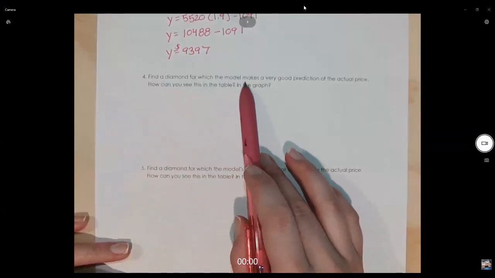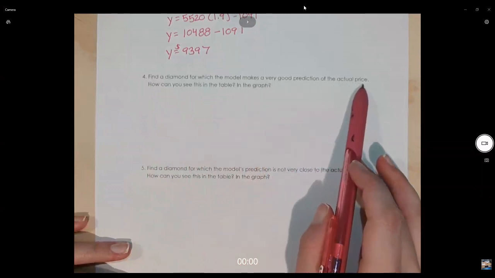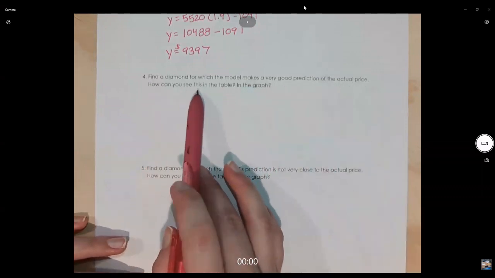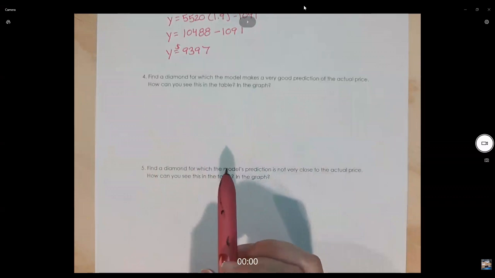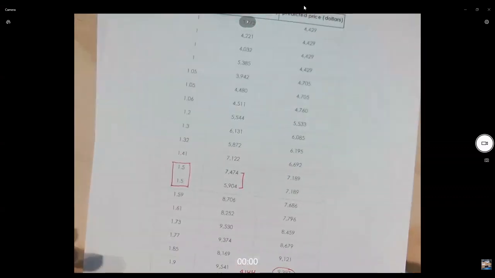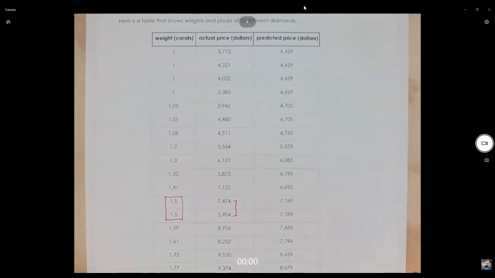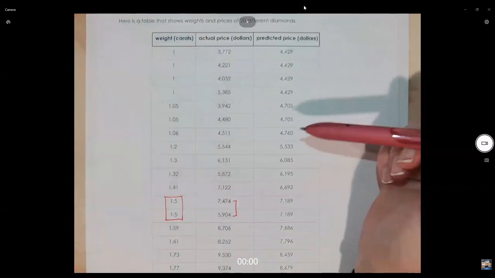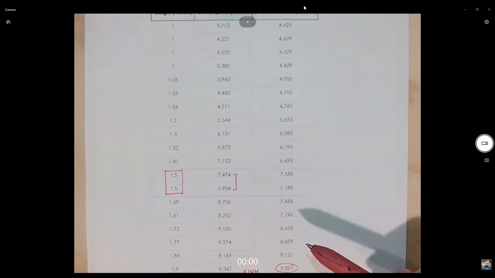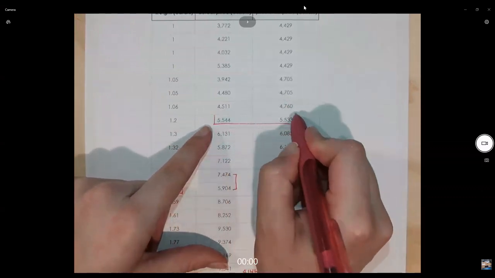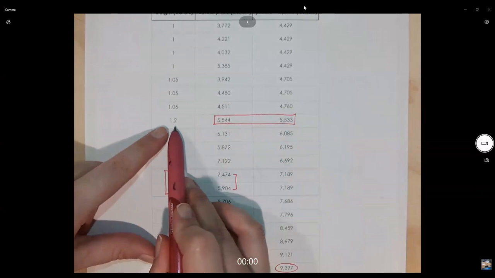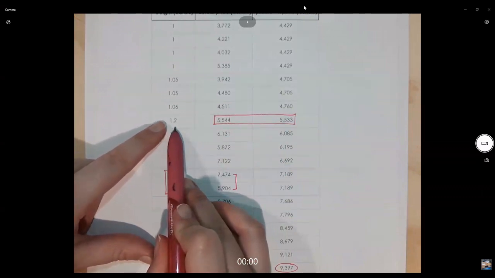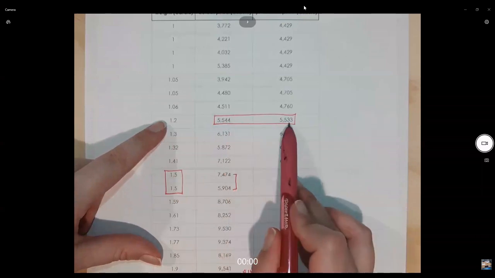A diamond for which the model makes a very good prediction of the actual price, and how could you find this in the table and in the graph? So in our table, we could look through, and if it makes a good prediction, these numbers would be really, really close together. So if you look through all these numbers and figure out which ones are the closest together, you'll actually find that these two are the closest together. So for the weight of 1.2 carats, this was the best prediction, but it's easier to actually see in the